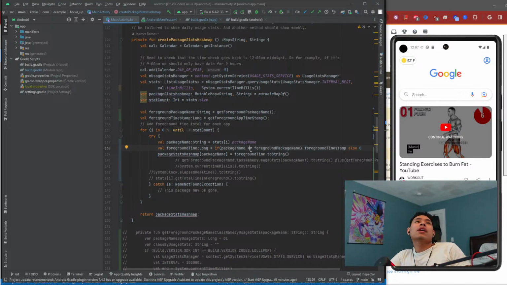The foreground timestamp. I think we might need to create a different function. I think we might need to create a different function because, essentially,